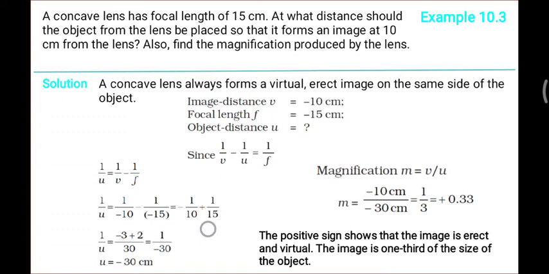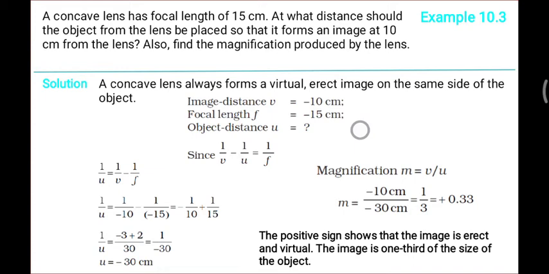This is maths. Here I am not teaching you maths, how to take the LCM, how to do the subtractions and all that. So you have to arrive at minus 30. Once you reach minus 30, yes, it is a physics task. What is the meaning of 30? What is the meaning of minus? And why only 30? That I will explain to you.